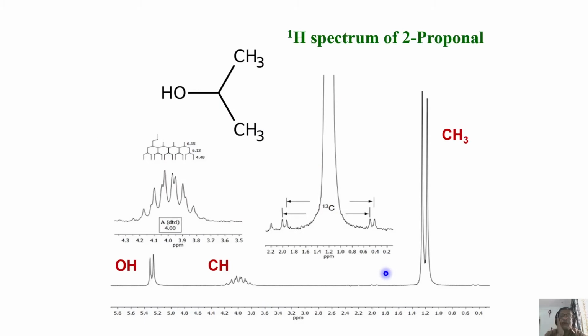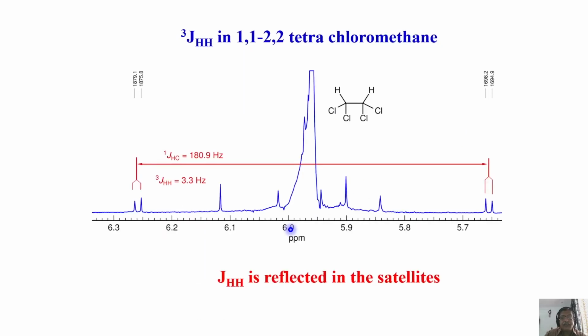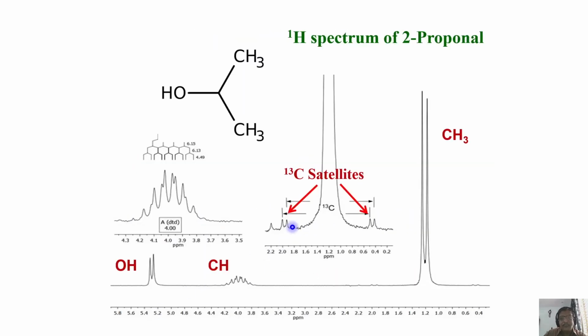Okay, now look at the spectrum of 2-propanol. It's a very interesting molecule. We have CH and two CH3s. The CH3 is a doublet because it is coupled to the CH proton. Now what we can do is we can enhance this intensity and see carbon 13 satellites here. These are the carbon 13 satellites. I can measure this and get the CH coupling. Of course, this HH coupling is already visible here itself, but you can see here also. In this case, the question of symmetry doesn't come because this is coupled to this equally and it is a doublet.